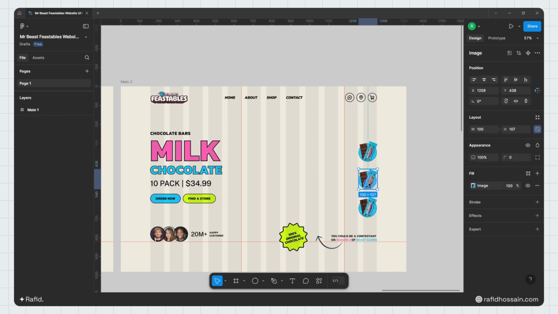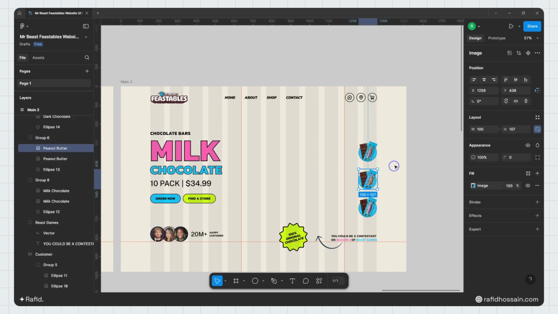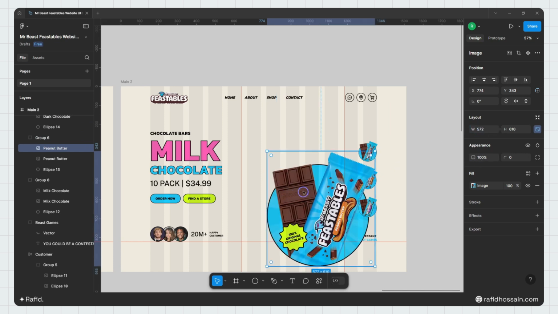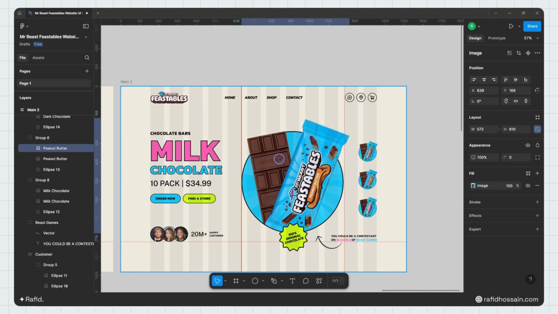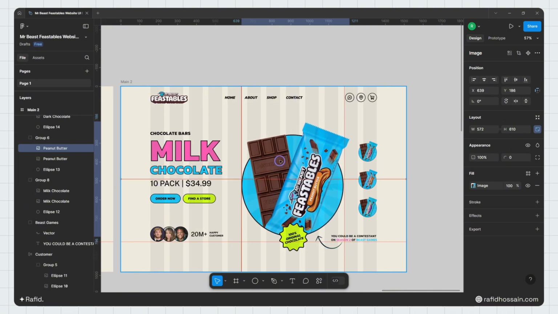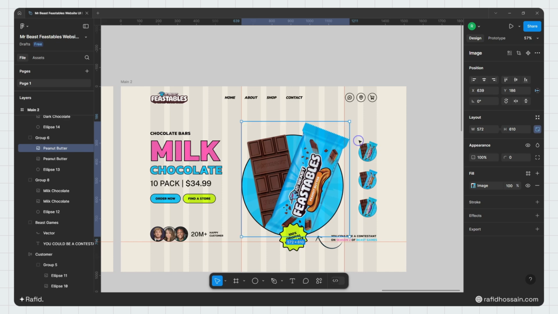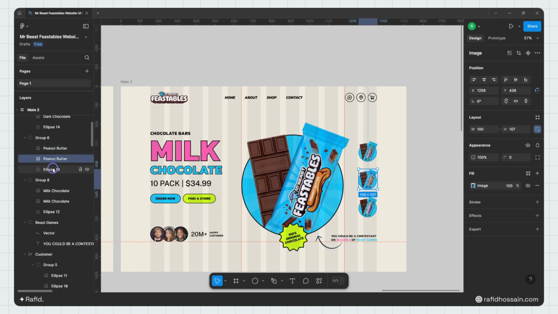So now select this one. Make sure you select the first image, and I'll move it to here, and I'll make the width 572 like this, and I'll place it here like this. Make sure you make the middle like this, and now select this one and turn on the drop shadow like